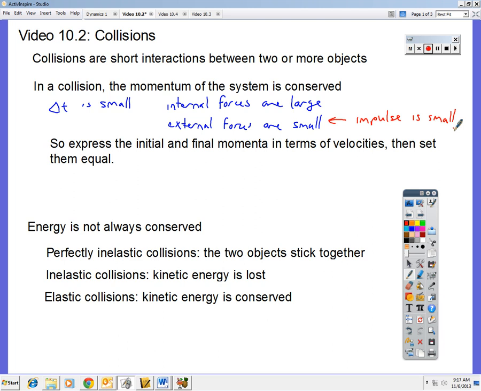Because the internal forces are large, what will happen is that the momentum of each part of the system might change, but the total momentum of the system will be constant. And so what we'll say is, okay, the initial momentum is the sum of the initial momenta individually,